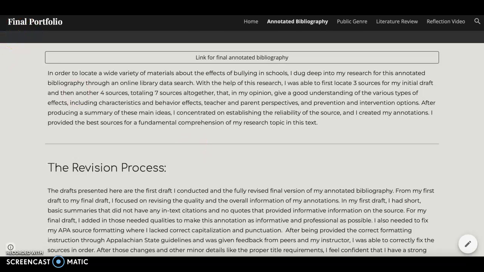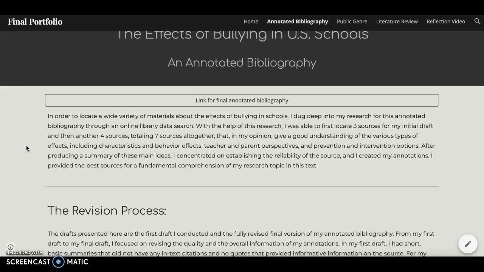my final annotated bibliography. So in this top paragraph, I talked about how I got to the final annotated bibliography along with just the overall process, talking about how I looked into the online library data to search my overall topic, which was the effects of bullying. I just put it into Google Scholar and the online library data for Appalachian State and saw what came up. And I wanted to make sure that they were scholarly and up to date, and that is what I realized after my final revision, because at first the first couple were not of the timeline that it